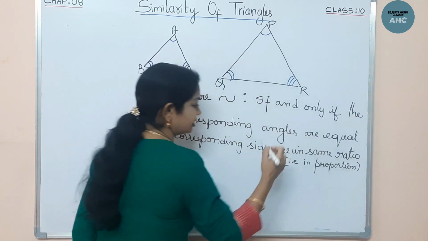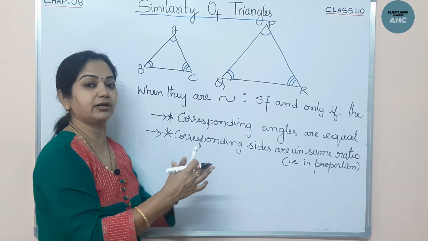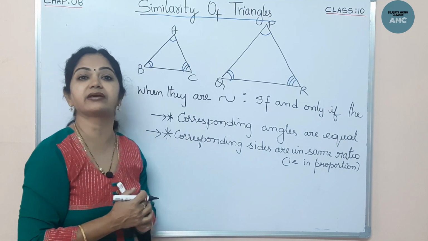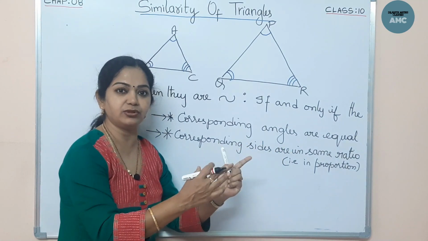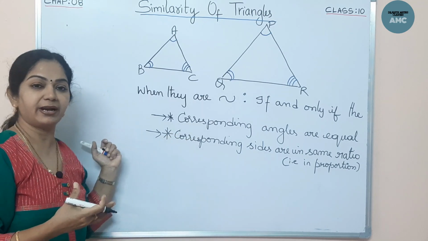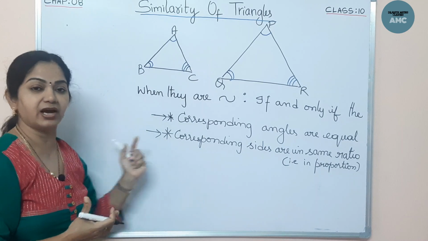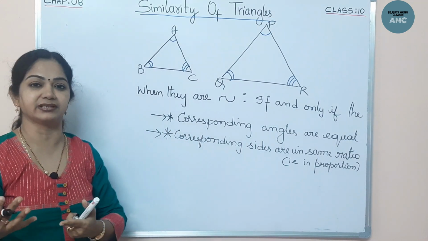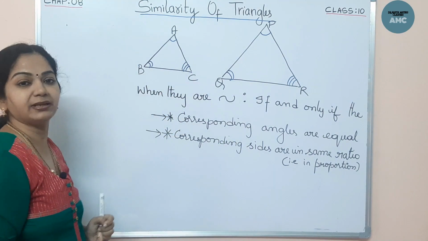Now, in the case of rectangles, which we discussed earlier, I told you they are not similar because in the same proportion they are not increasing. When you take the sides, in the same ratio they are not increasing, but they are increasing differently. One has breadth 2, the other has breadth 1. One has breadth 5, the other has 3. So, in the same proportion they are not increasing. That means this condition is very important for similarity.